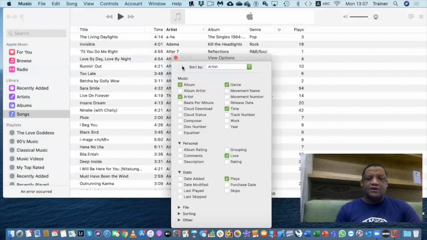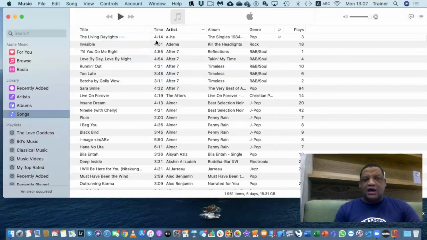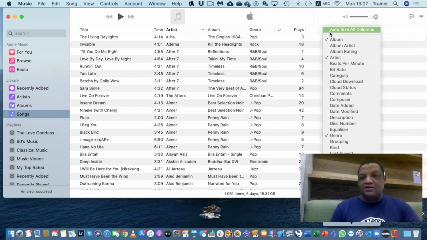Before I go into that, I can also do the following. If I wanted to add in the columns for my music, I can just do a secondary click on the title, or right click on your mouse, or two fingers click on your trackpad, or even right click on the trackpad, depending on how you set up your secondary click. And it will give me these here, okay? The whole list of how I can put it in.